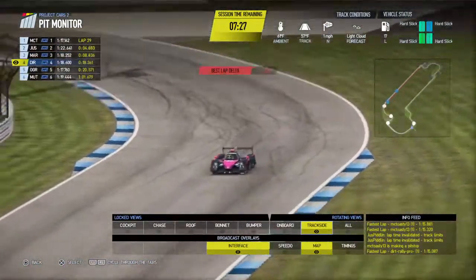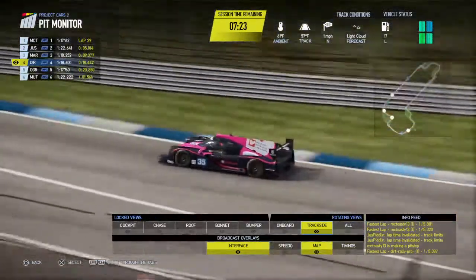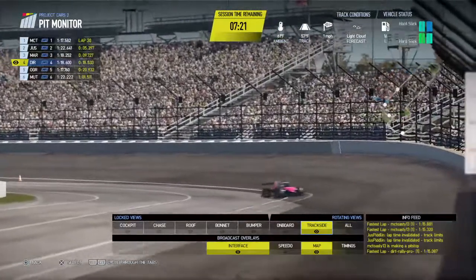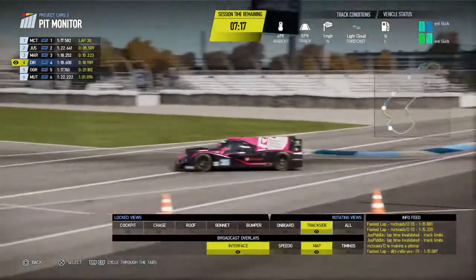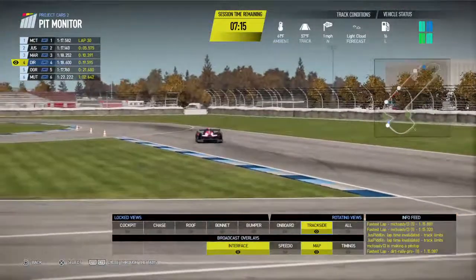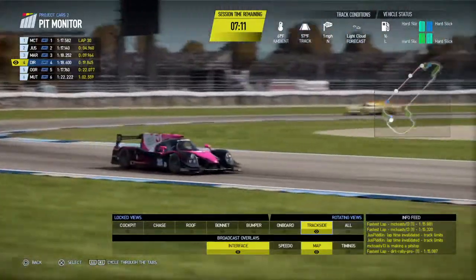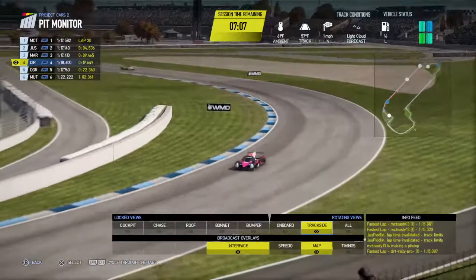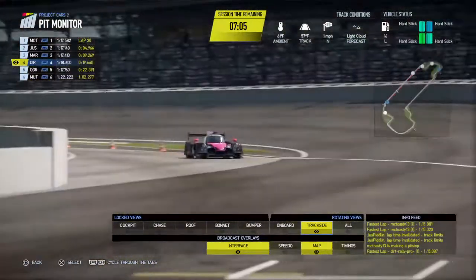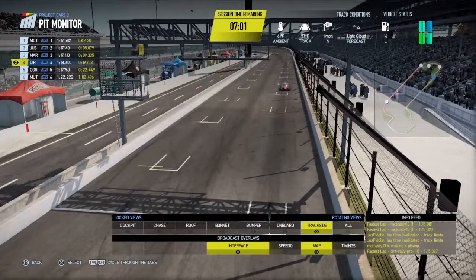Dirt Rally Pro was our pole sitter. This day has not gone his way. I think that 20-second penalty will get scratched, since it was before the start of the race. More than likely it will, but he hasn't had the race he hoped. I think the problem with how he managed his race is because he saved too much early on. Compared to McToasty, he was lifting and coasting only, but even right now, Dirt Rally's on. He slams the wall there, but